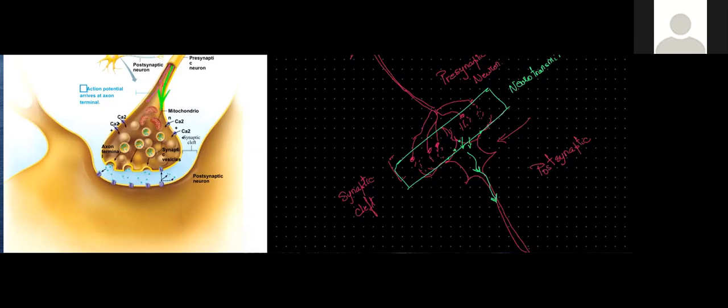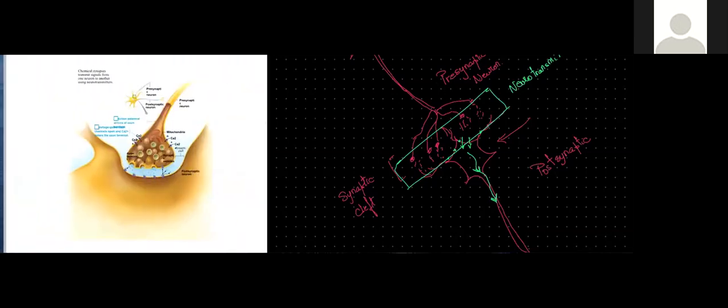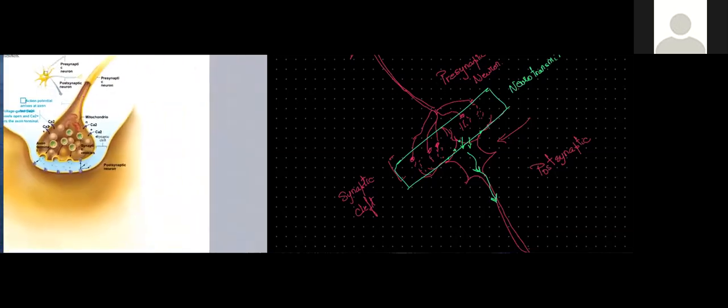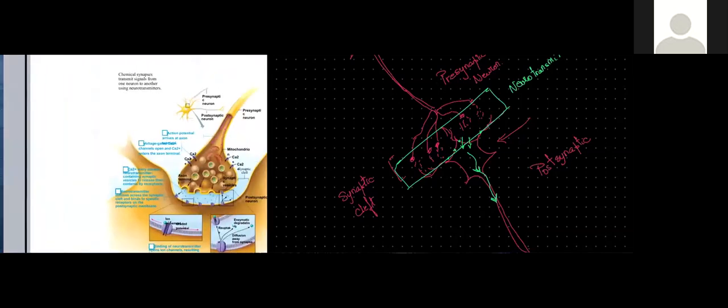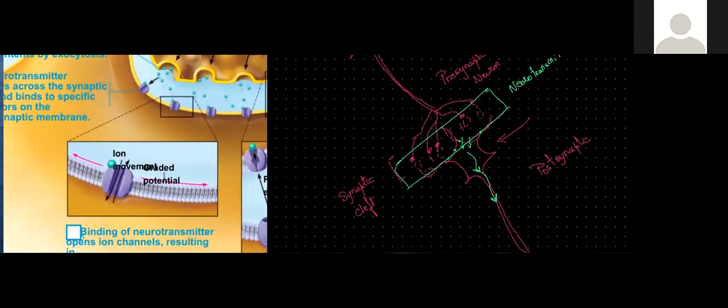will stimulate the voltage gated calcium channels to open, and the influx of the calcium is what triggers the neurotransmitter vesicles to fuse with the cell membrane, releasing the neurotransmitters. And if you remember, the example that we've seen for the neurotransmitter was the acetylcholine and the neuromuscular junction. Here, we've got the